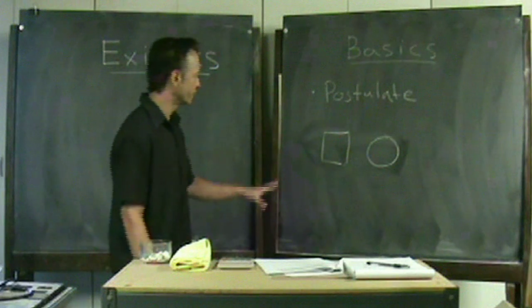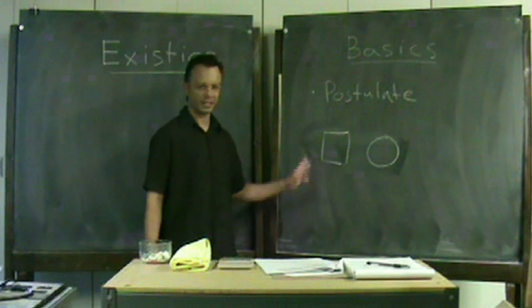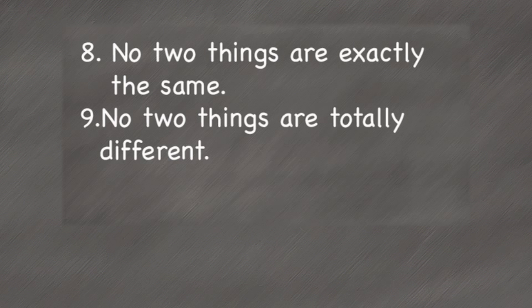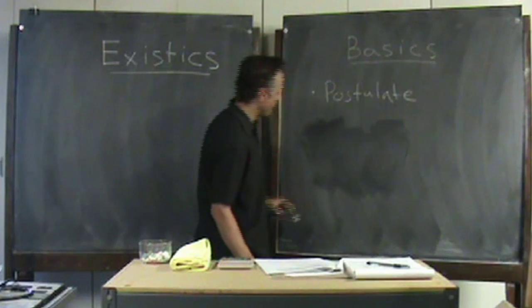I mean, basically the idea is, even though these are different, we can come up with something that they share, a property that they share. So no two things are totally different. And then, not as obvious is the idea that no two things are perfectly complementary. So an example of that would be